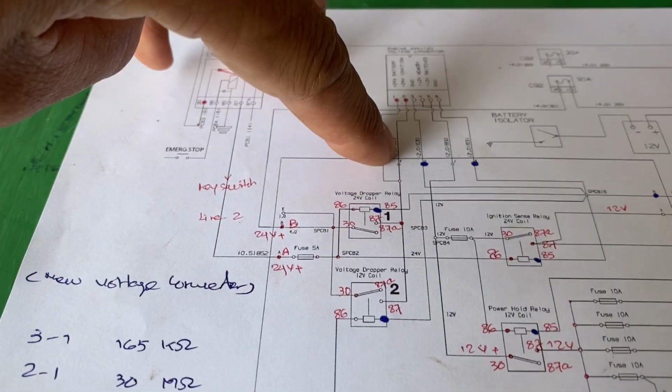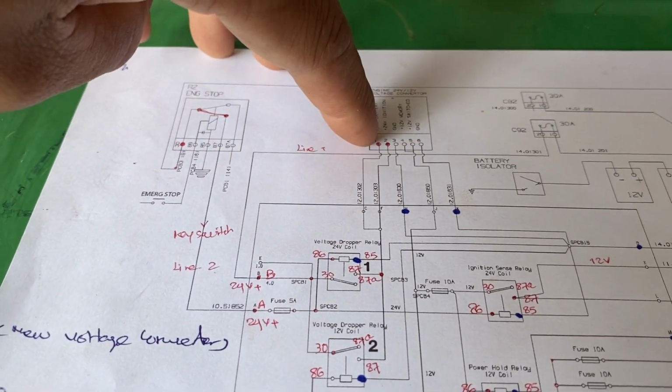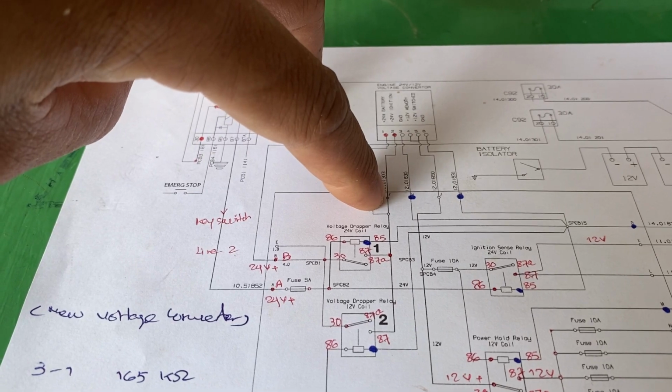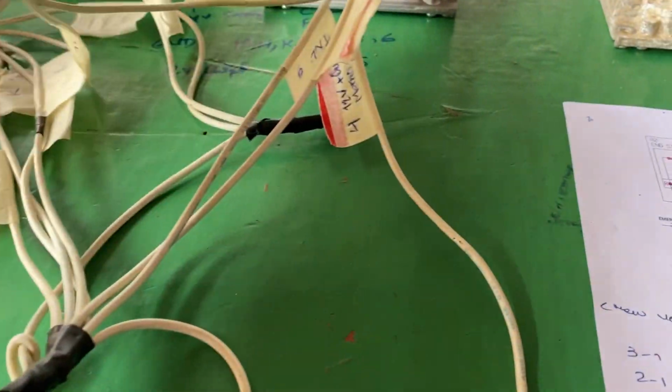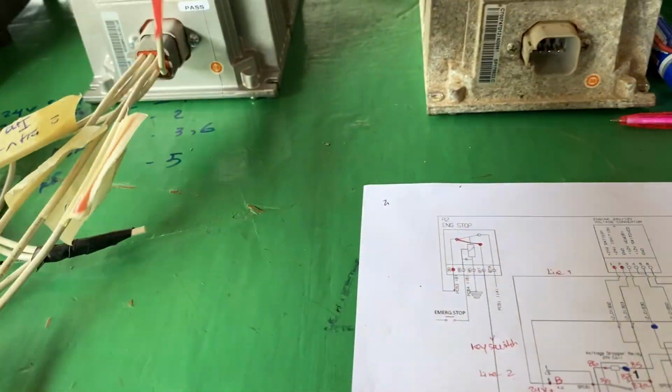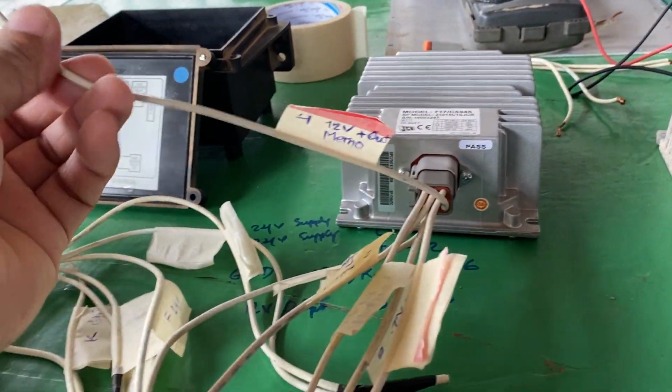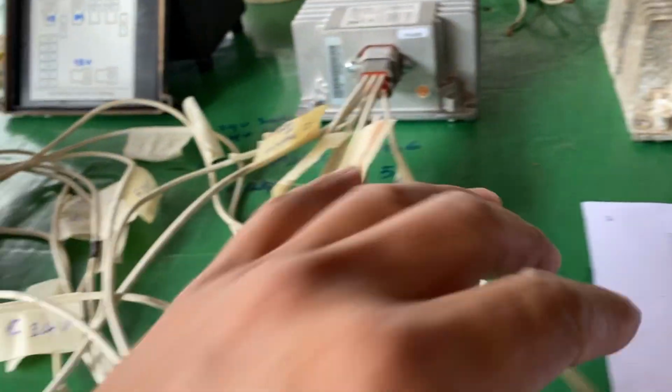PCB ball pin number F and boost converter pin number 2. So this one is already complete, and this one is the extra. So we don't need to think about this one, just leave it. So right now